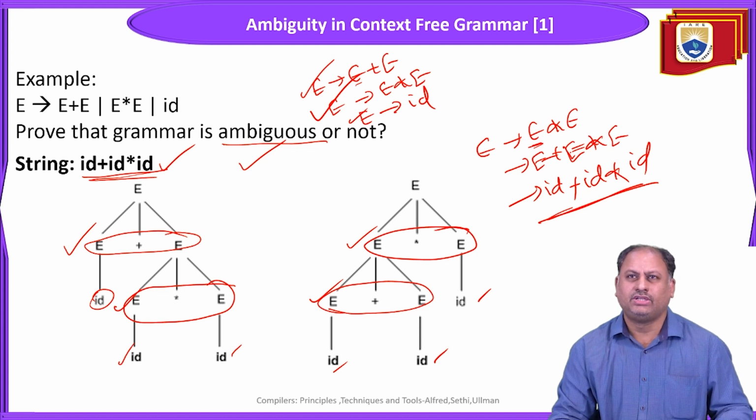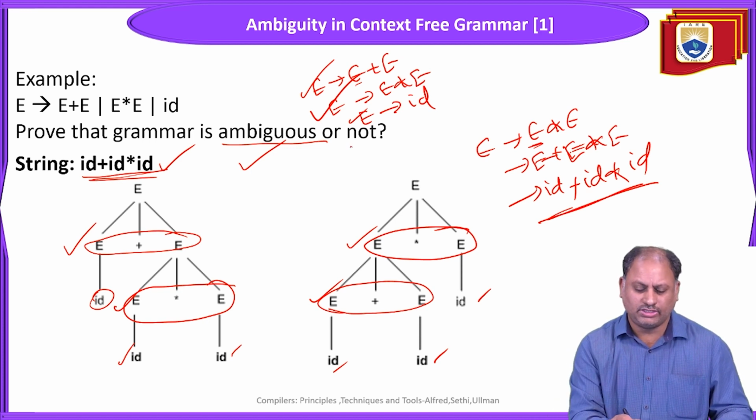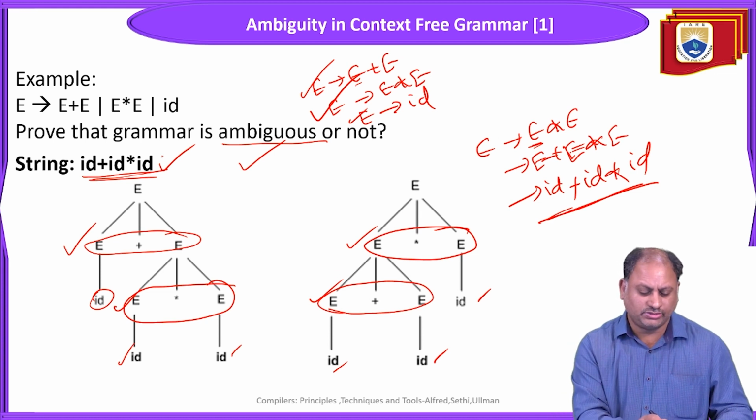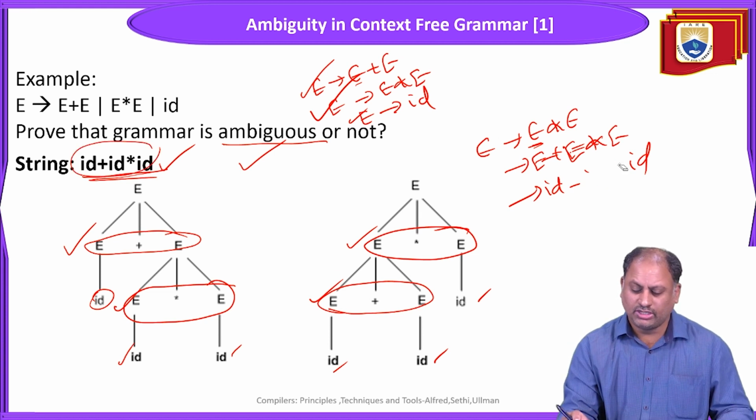We can say that the grammar is ambiguous, and it is not ambiguous when there is no more than one leftmost derivation. Then we can say that it is not ambiguous. But here the grammar is ambiguous. Here two derivations exist for the same string. So in this case we are going to say that